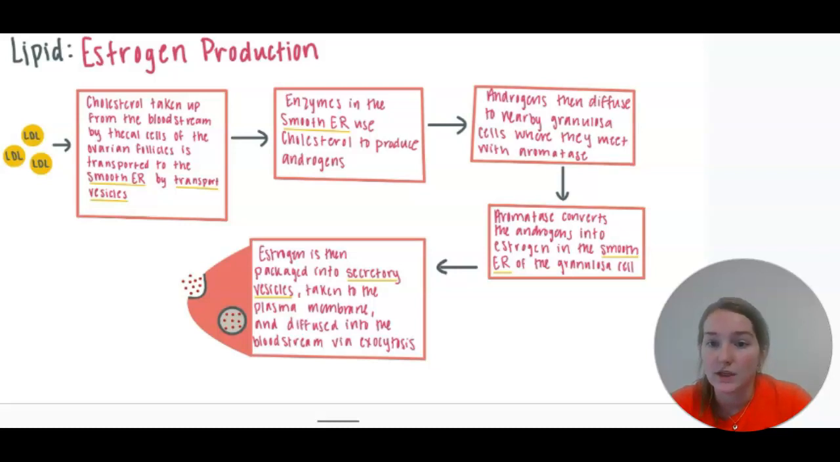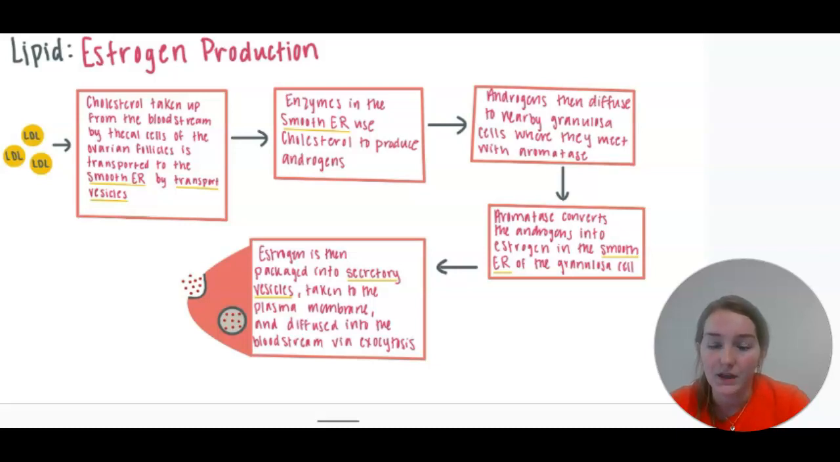Androgens then diffuse to nearby granulosa cells where they meet with aromatase. Aromatase is an enzyme that is crucial to the production of estrogen, but it is not present in the thecal cell, so this is why the androgens have to diffuse into these nearby granulosa cells instead. Once it does reach the granulosa cells, aromatase is going to convert the androgens into estrogen in their smooth endoplasmic